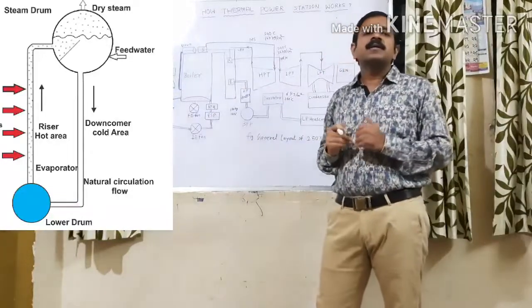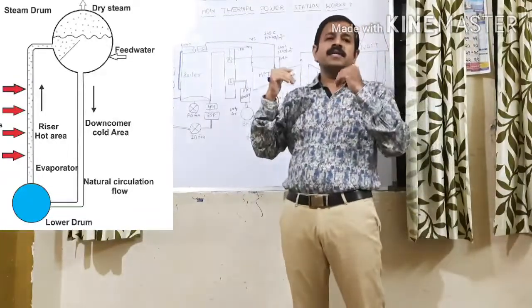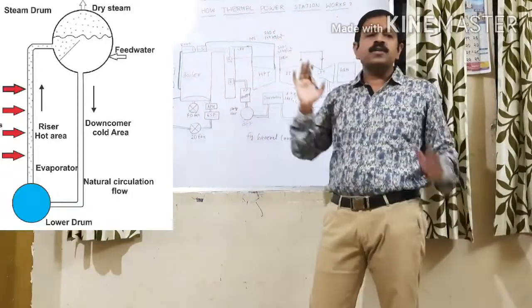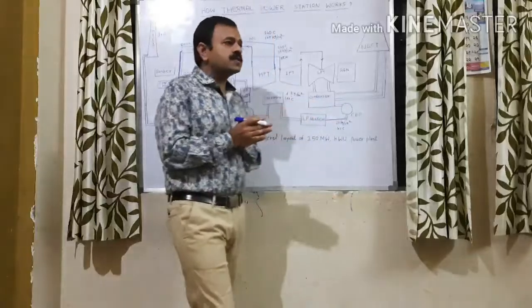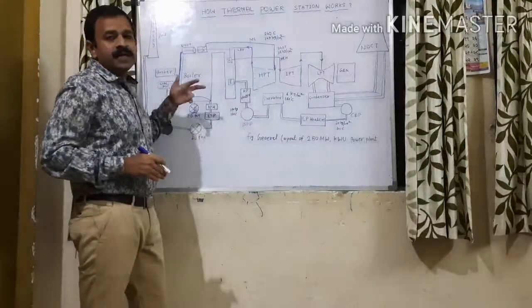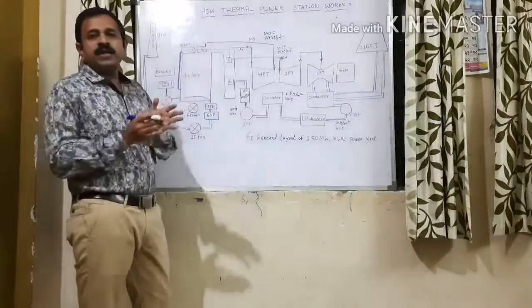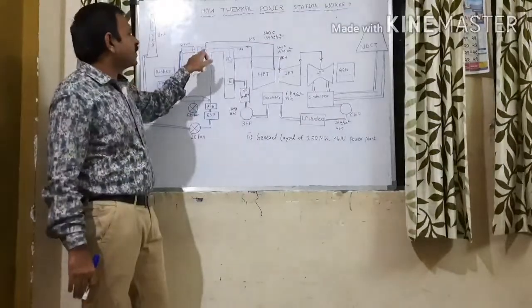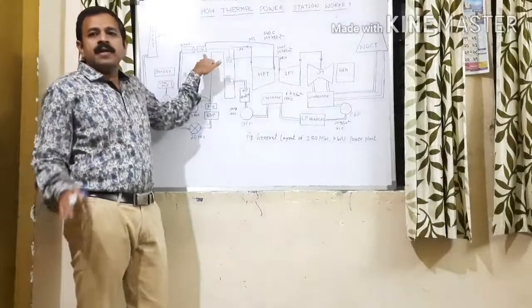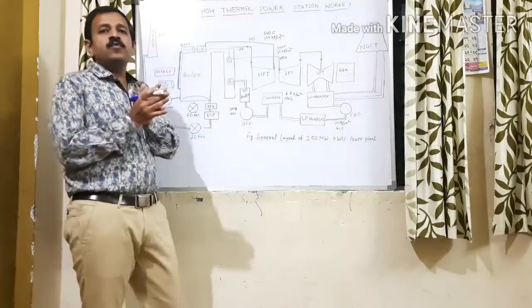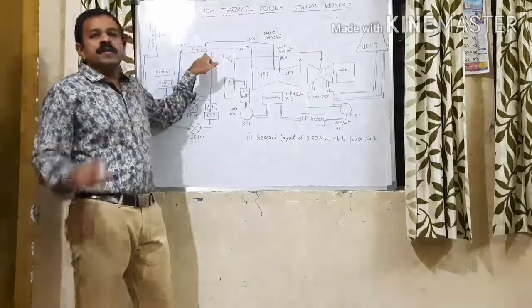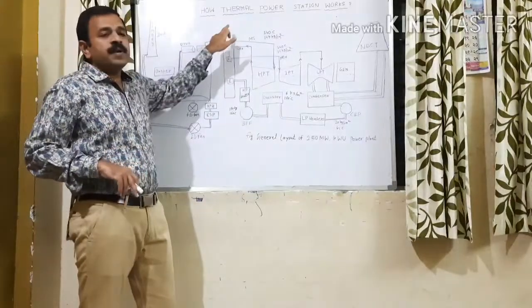Through the downcomer, it goes to the bottom ring header. From the bottom ring header, the DM water rises toward the drum through the riser tubes or the water walls, and it gets heated. Once it attains the dry and saturated condition, it is separated in the drum and goes into the superheater bank. In our plant we have 14 superheaters. The last is superheater header number 14. From superheater header number 14, the steam we get is superheated steam.